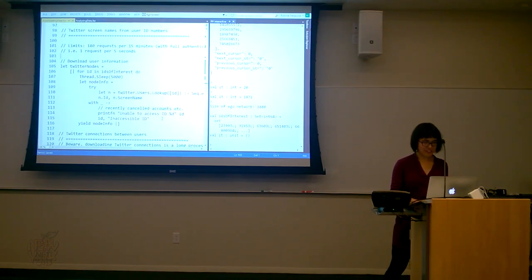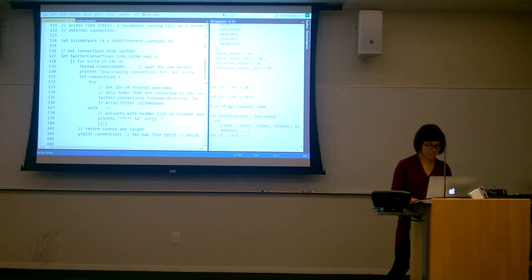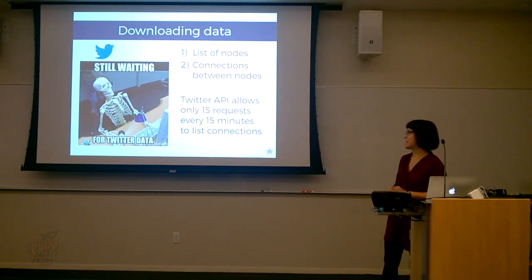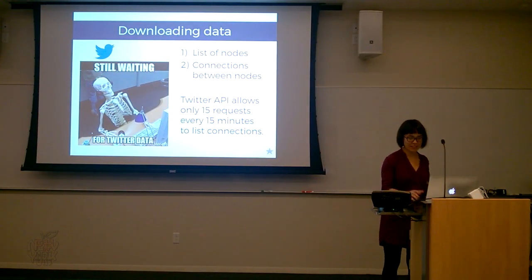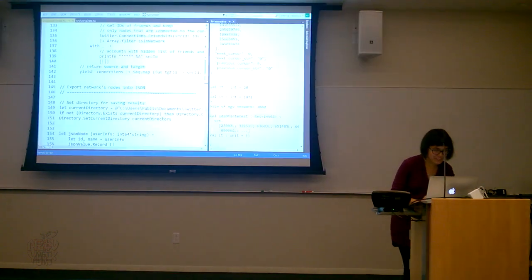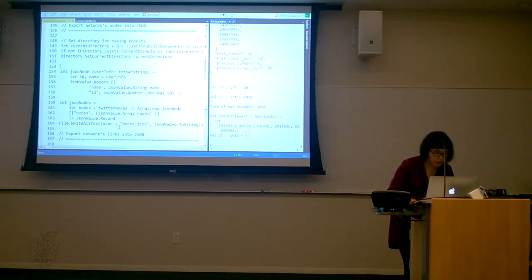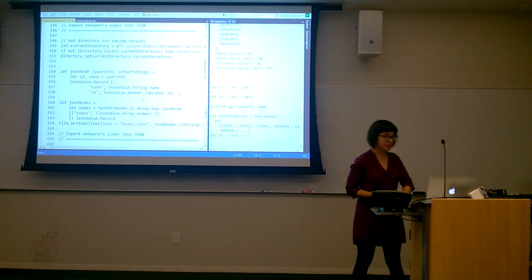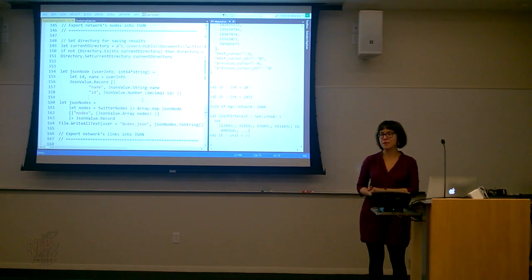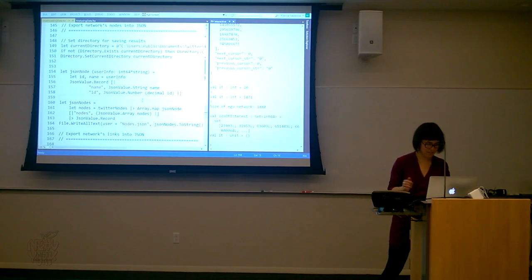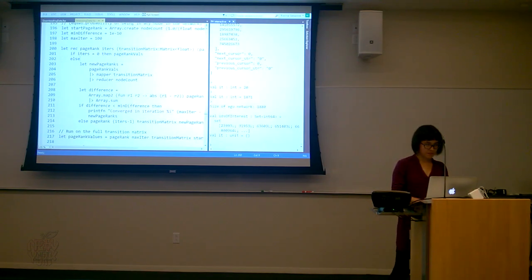Yeah, then I was downloading the data about users and their connections, which is not very interesting, but it took ages. You can imagine 1,800 minutes to actually download anything. But when I actually downloaded the data, sorry, I will just show you. I saved them into a JSON format because later I want to visualize the network, and it's easy to pass into any library when you have the data in JSON format.